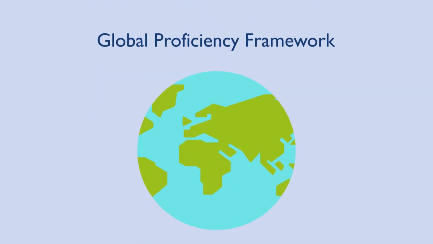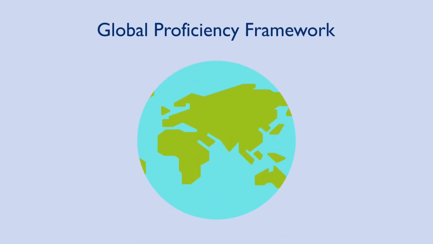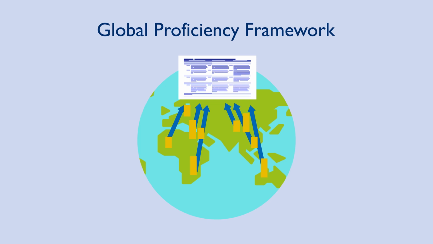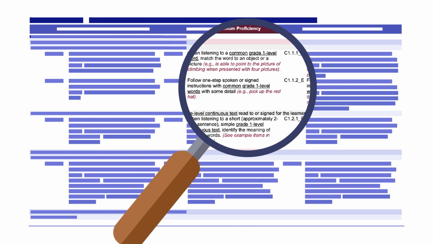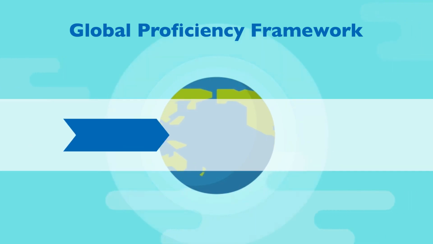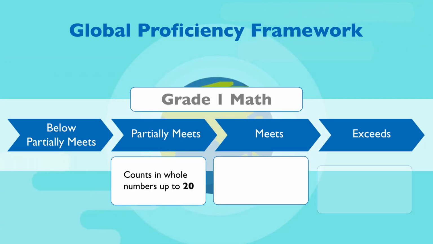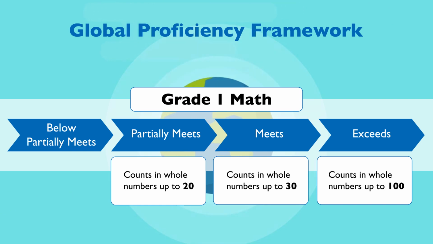It uses the Global Proficiency Framework, or GPF, as a reference to help countries determine if their education system enables learners to meet global norms in reading and math. The GPF outlines standards for reading and math instruction for grades 1 through 9. Each standard represents the minimum proficiency, or basic knowledge and skills, a student should be able to demonstrate at each grade level. These standards were developed by education experts around the world and apply to learners regardless of country or language of instruction. They are based on research in reading and math instruction and on trends in national assessments and